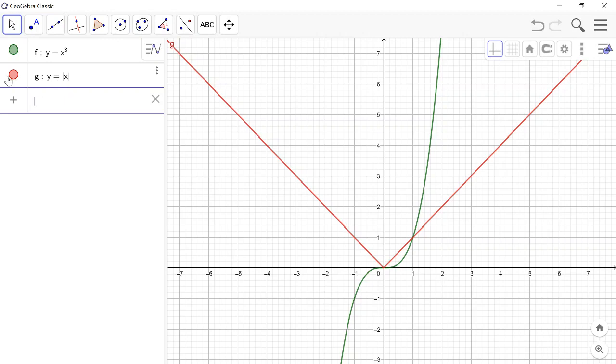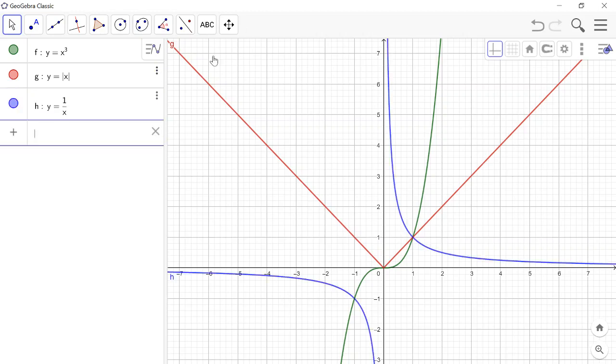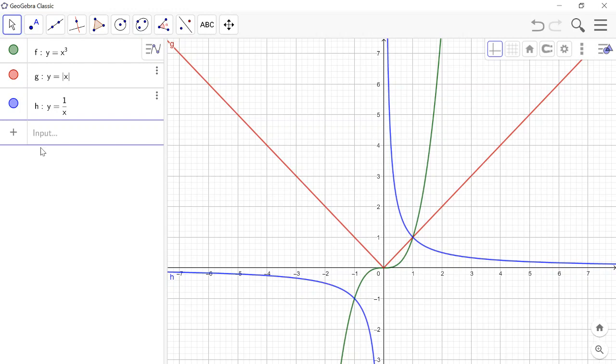So you can draw the other functions like y is equal to 1 over x. So just write 1 then over x like this. So I'll get the graph of y is equal to 1 over x. Remember that you can remove this if you don't want it, but you can put it back by just clicking back at this round box, and then the functions will appear again. That is actually the good thing about GeoGebra. You have a number of tools that allow you to play with the functions that you have drawn. So that is how you can draw simple